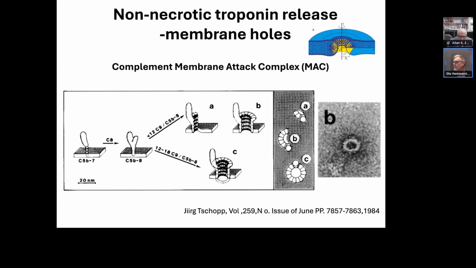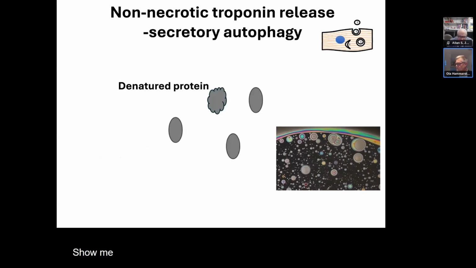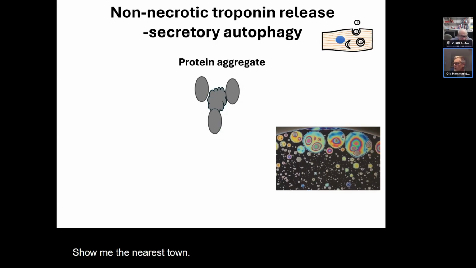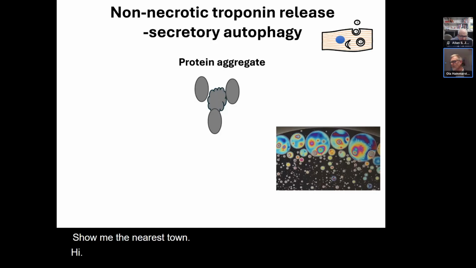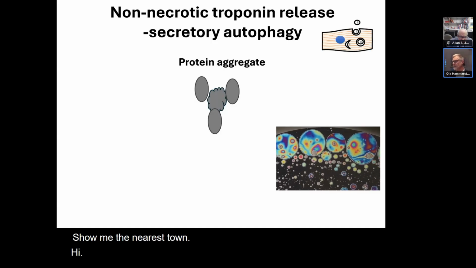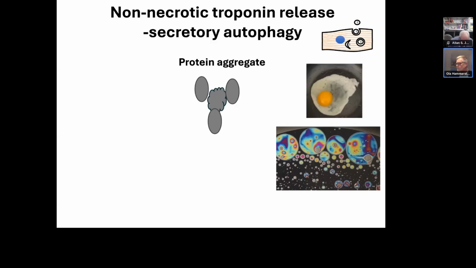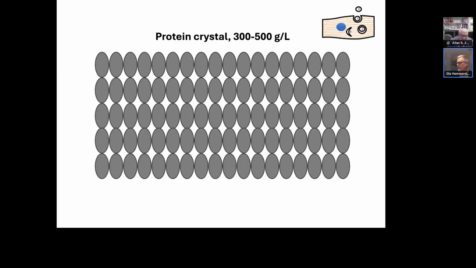And the following image should be an animation showing what happens when proteins aggregate, and that's something that the cells want to avoid. To avoid that, it has something called secretory autophagy. Whenever there is a protein that forms an aggregate, there is a system called autophagy that helps remove that. And part of that, in the next image, you can just skip the animations and go to the next image where you see a lot of proteins, and you just continue through the animation so that in the protein crystal,